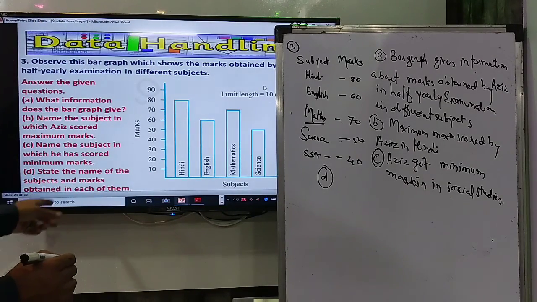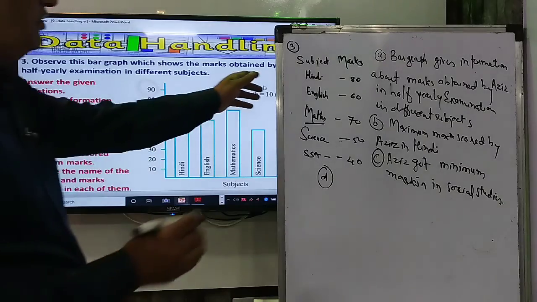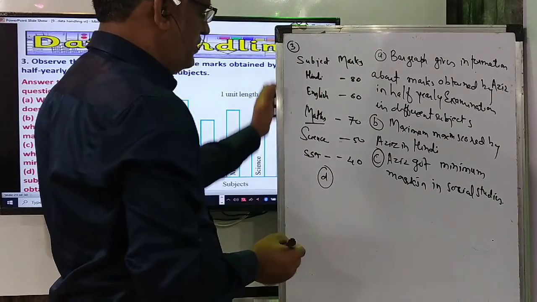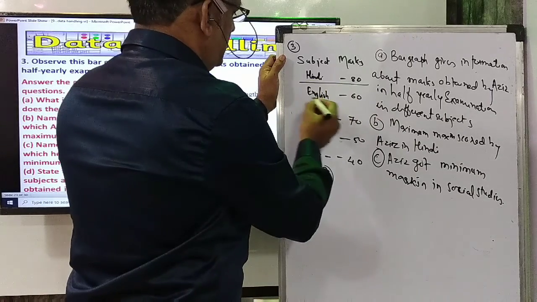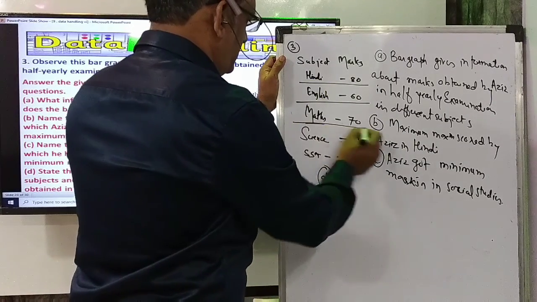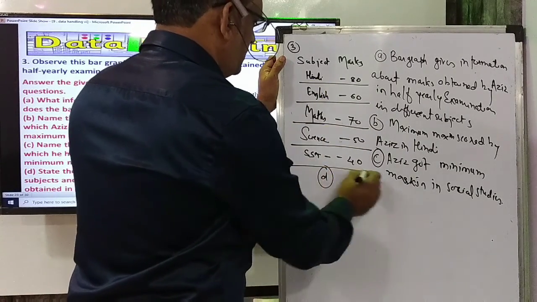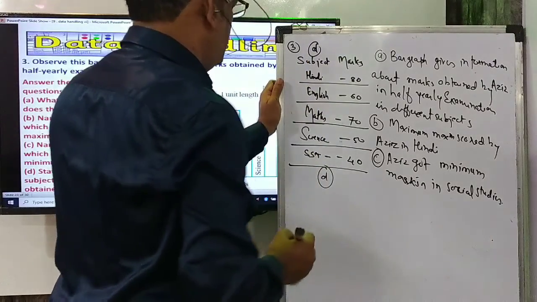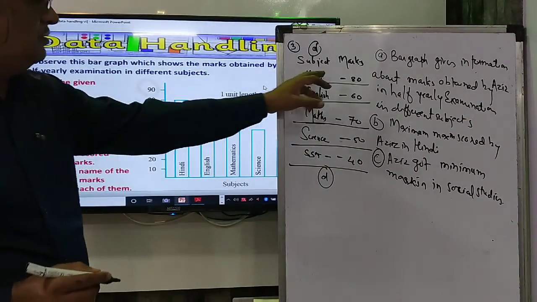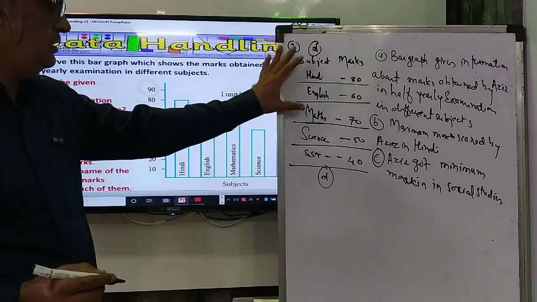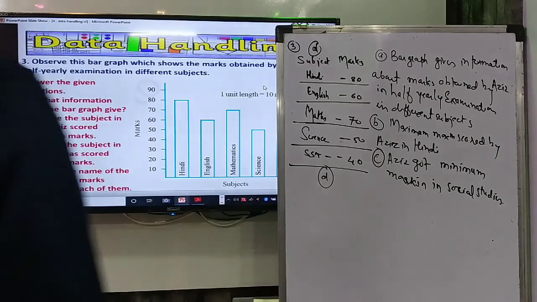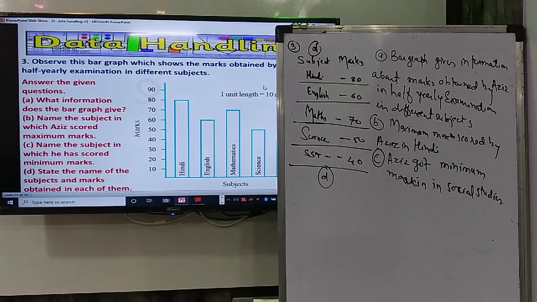State the name of the subject and marks obtained in each of them. And we have already done this in tabular form. So in Hindi he got 80 marks, in English 60 marks, in maths 70 marks, science 50 marks, and SST 40 marks. So this is the answer of question number D. So we have already got each subject and marks. Hindi, these are the subjects and these are the marks obtained by Aziz. So this is how to get the answer of question number 3 of this